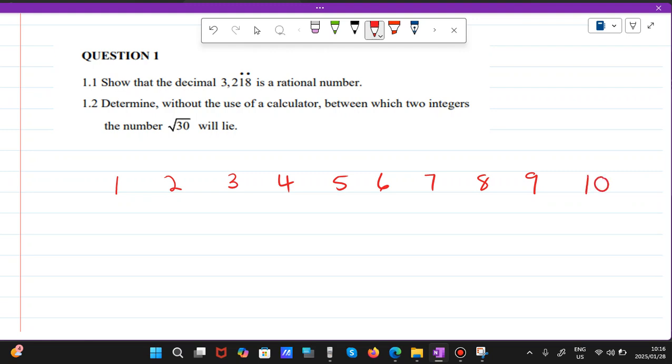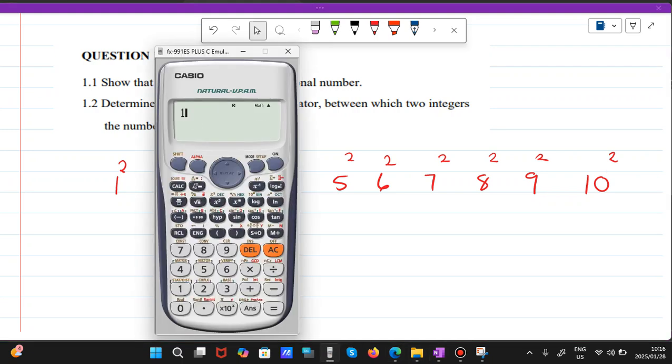Since there is 2 there, I will square all my numbers. So it's 2, 2, 2, 2, 2, 2, 2, 2, 2, 2. So we now know that